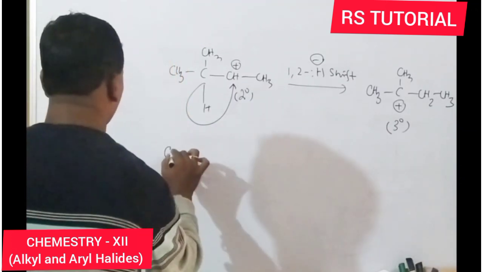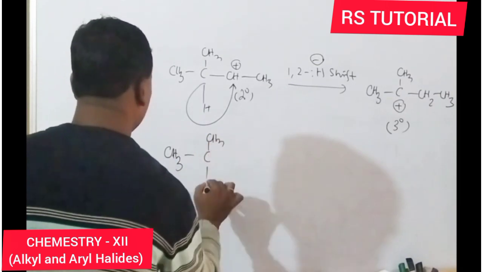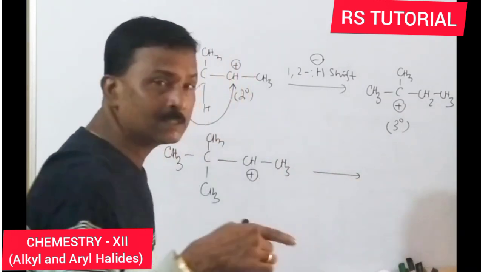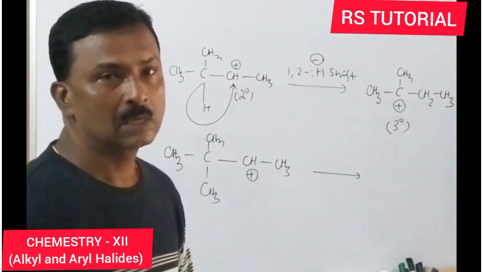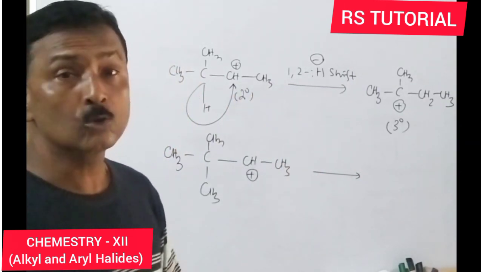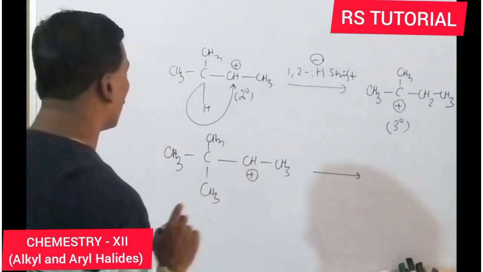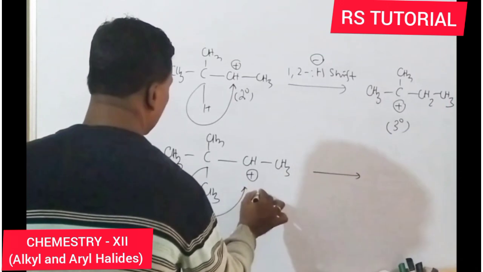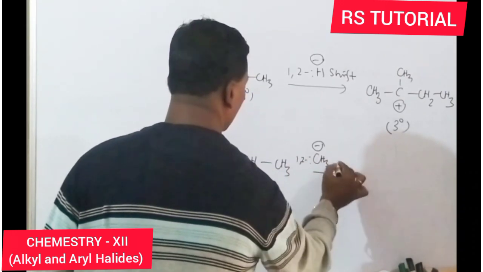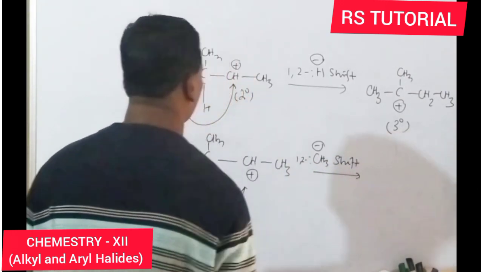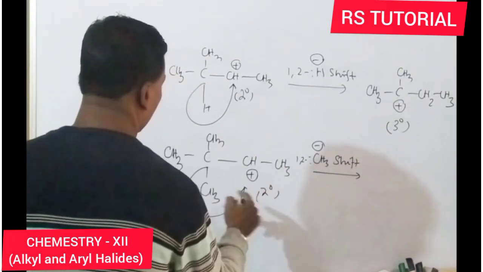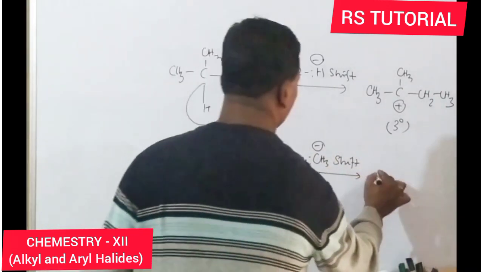Okay, if the ion is like this, in entrance classes I will go into details of why this occurs and how this takes place at room temperature. I will tell you all. But here, only for board, you see, this is a 2 degree cation and a 1,2 methyl shift will take place, because it is 2 degree. By shifting methyl, we get a more stable tertiary carbocation.